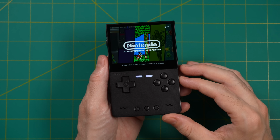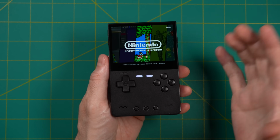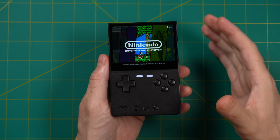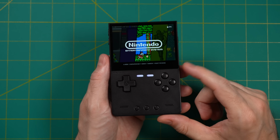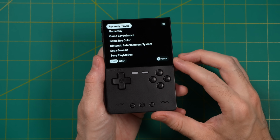And so if you are looking for something that's a little bit more beautiful and robust than the original stock operating system, I think that KNULLI is a really great way to go. I also love the fact that we have things like Portmaster, which really expands the amount of games that we can play on this. And then finally, the other operating system that's already working for the TrimUI Brick is this